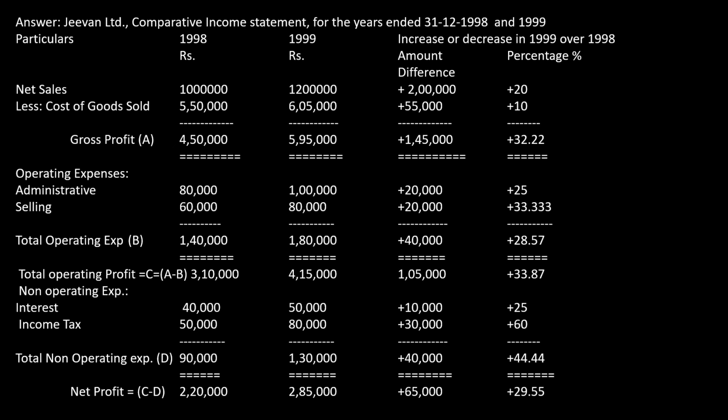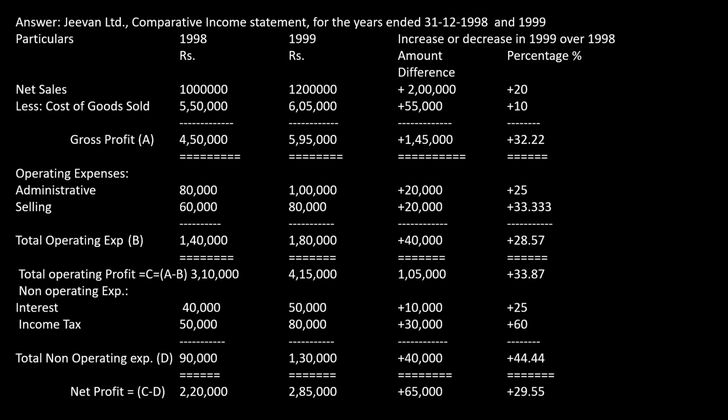Okay, now you would have understood, I believe. Every increase or decrease you divide by last year, 1998. The decrease or increase amount will be divided by the 1998 amount into 100 will give you the percentage. So this is all about your sum number 1. We'll go to the next sum.